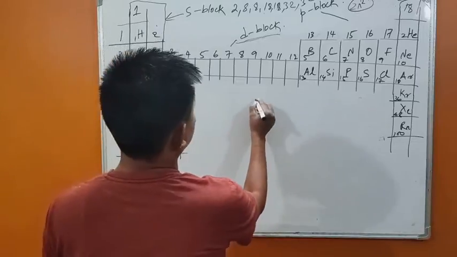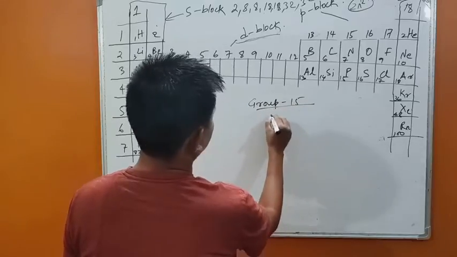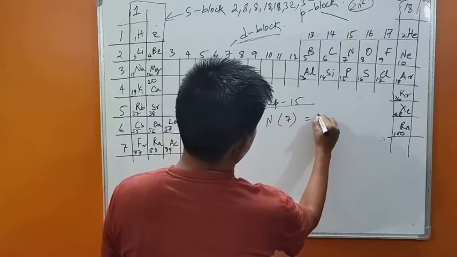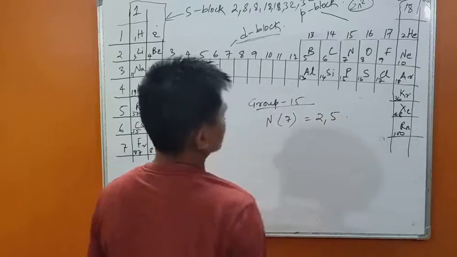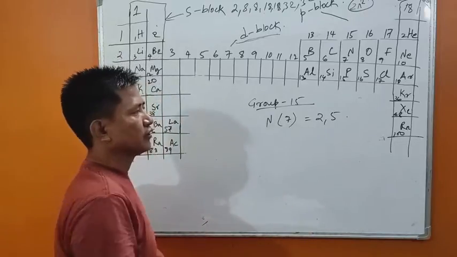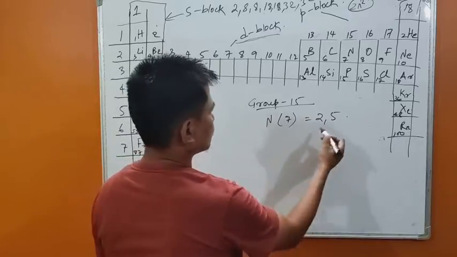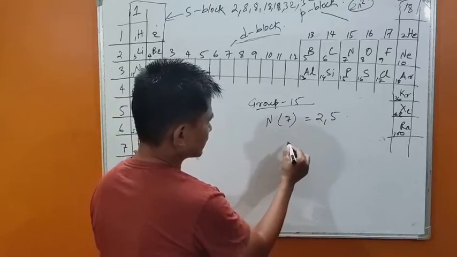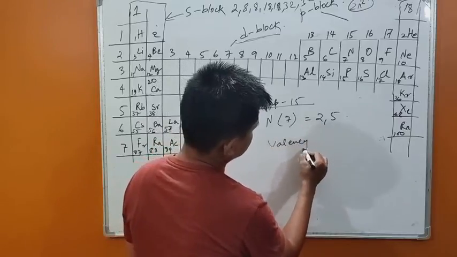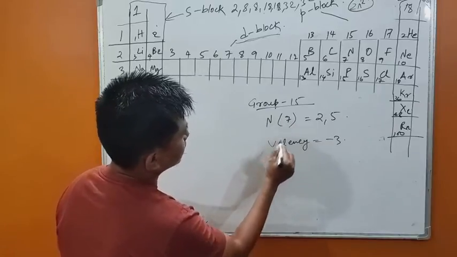Now let's talk about group 15. In group 15, we have nitrogen, atomic number 7, which means 2, 5, isn't it? So nitrogen wants to gain 3 electrons. 5 plus 3 is 8, to become stable. So the valency of nitrogen is -3. And oxygen, group 16,